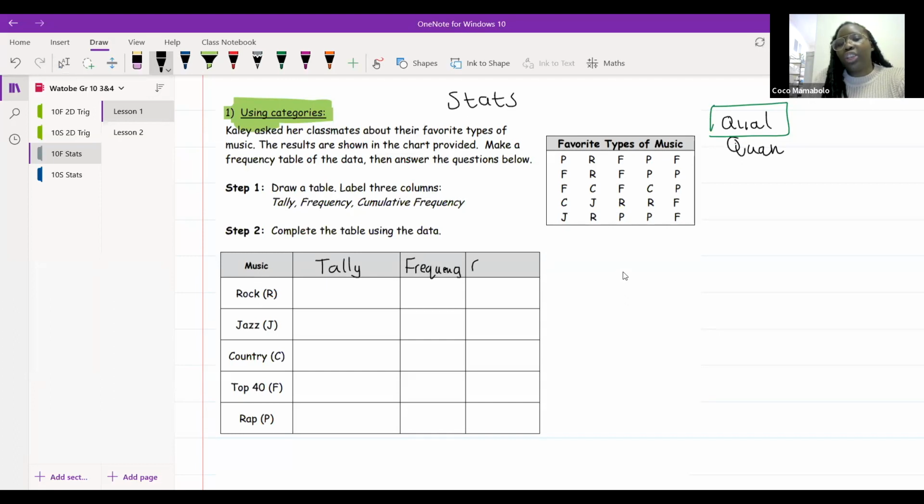And then we're going to do a cumulative frequency, and I'm going to explain what cumulative frequency is in just a second. Chelsea, what's your question, my sweetie? So guys, draw your own table and just add all the numbers for me, the tallies and the frequency, please. And then we're going to discuss in the next 2 minutes.